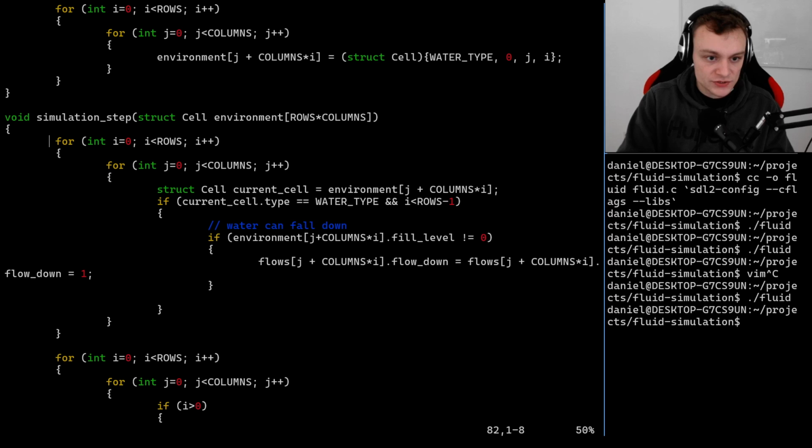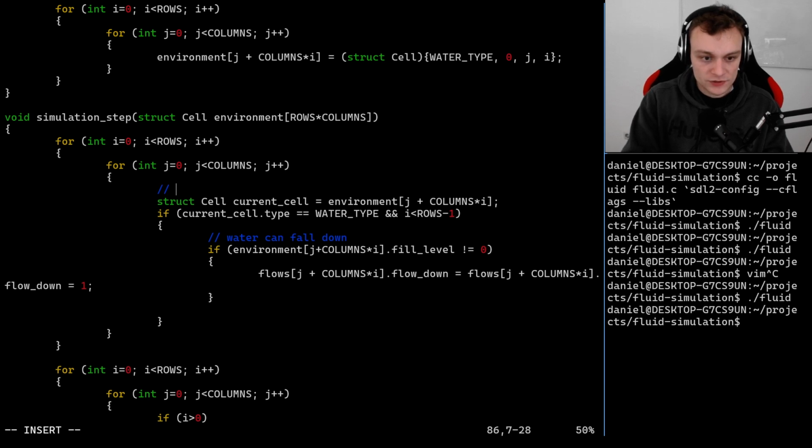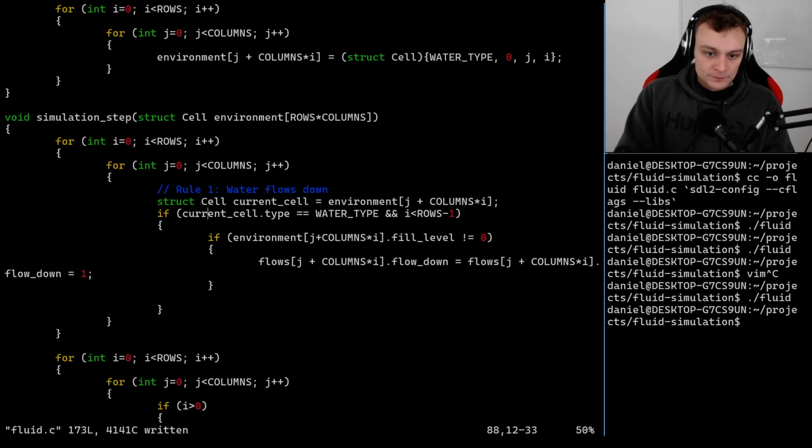So the simulation step loops over the rows and columns, retrieves the cell, checks whether the cell type is water and whether there's space below. And then let's do a comment here that says rule number 1, water flows down. So if the cell type of the current cell is water and there is space below,